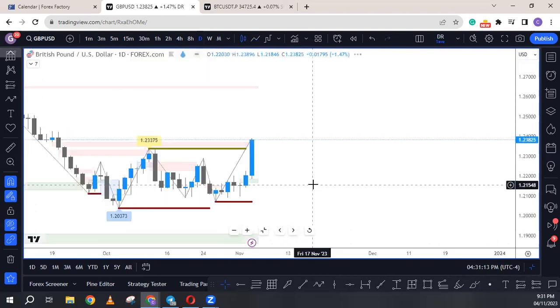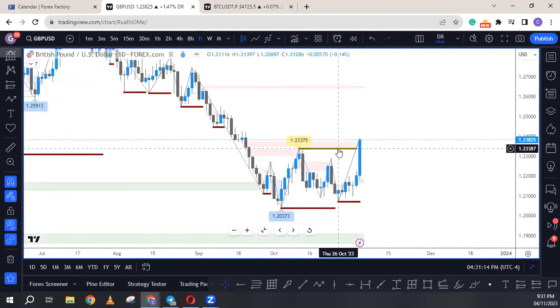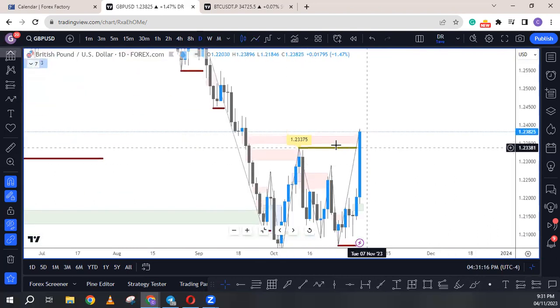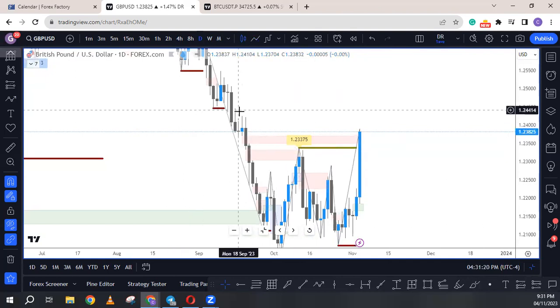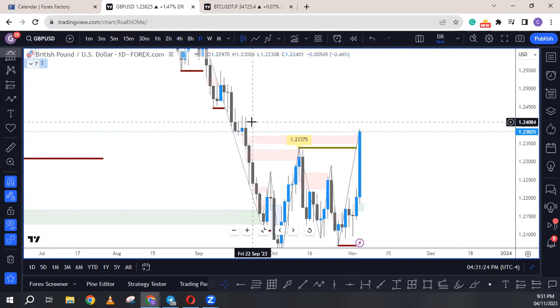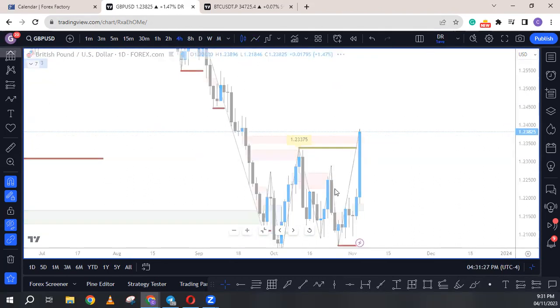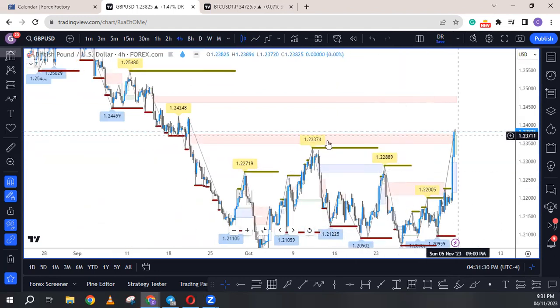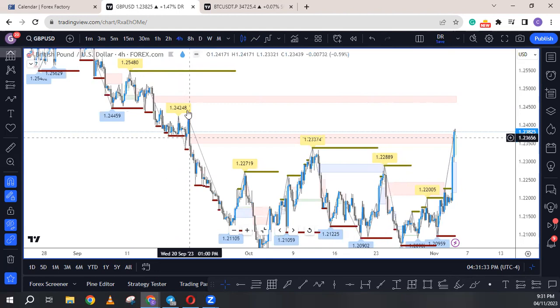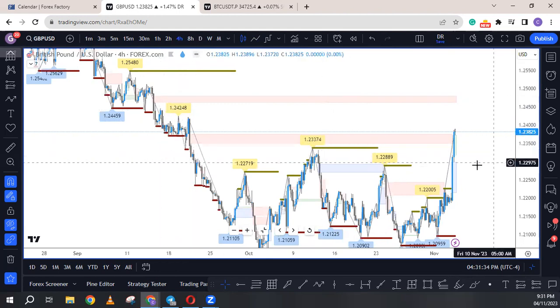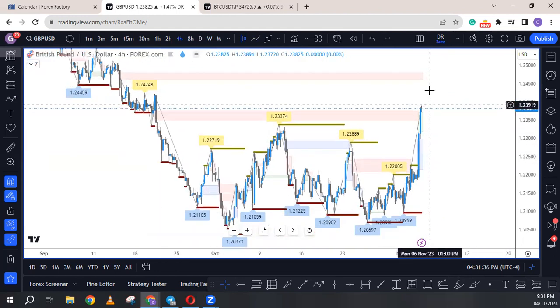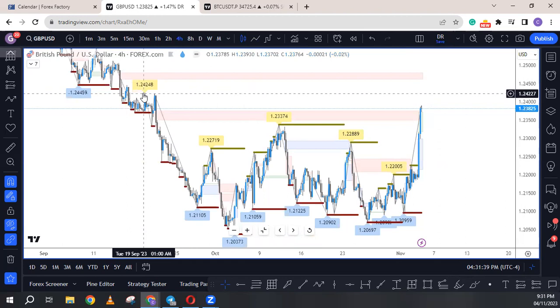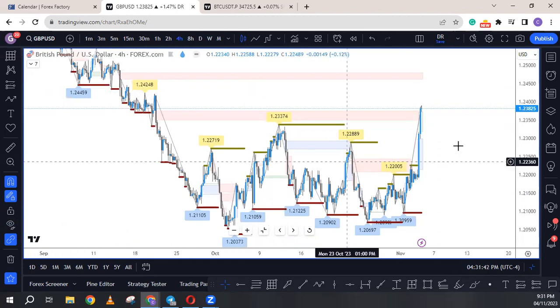If we drop to the daily, we already have a close above this fair value gap, this high, and this fair value gap. Price is within a bearish order block of sorts. So going into this new week, if you look at the 4 hour, you can see it clearly, this consolidation here. This may still sweep this high. If we put in our notations,